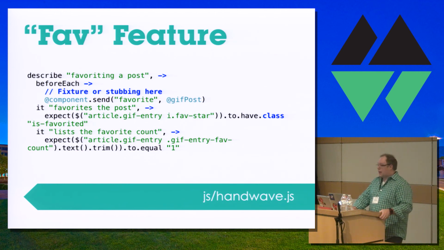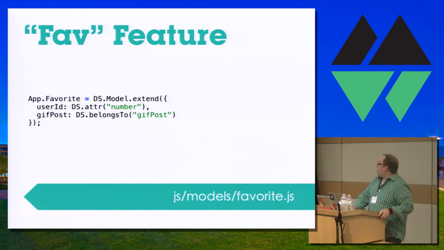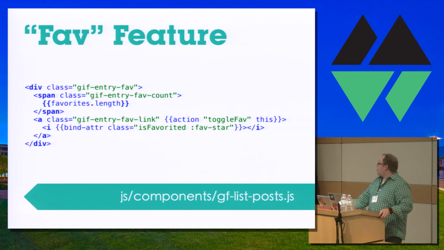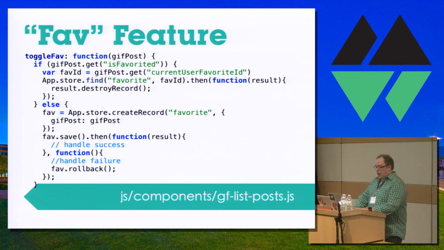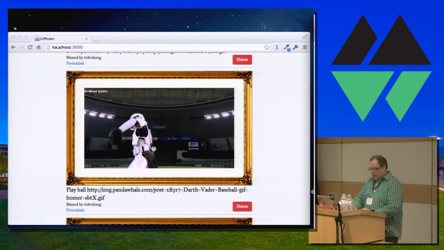So let's try this again against our new and improved code base. Once we know the API, it's a pretty small test to verify that adding this functionality will do what we want. This test is a little hand-wavy because it passed for the wrong reasons, and I didn't have time to fix it before finishing the talk. But it would be something very similar to this, probably with stubbing out the save action. And then we create a model that just defines what a favorite is. We add the dynamic content to the handlebars, and we write a toggle fave action to destroy or create a favorite. And that's pretty much it. So I'll show you that really fast.